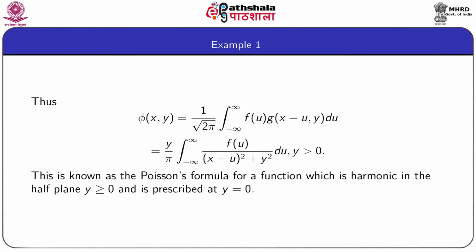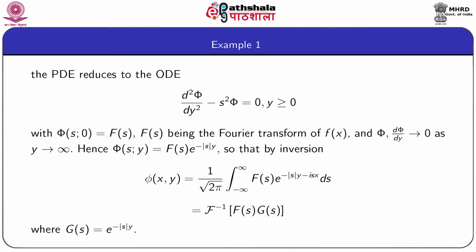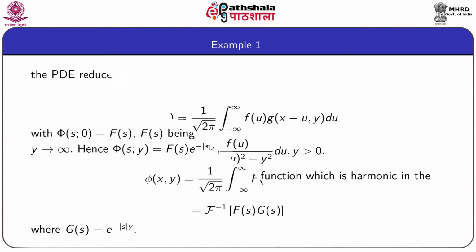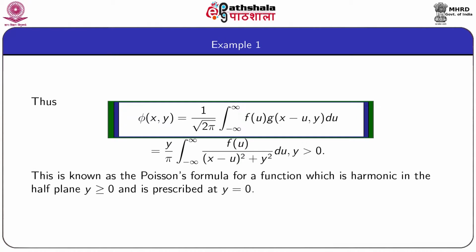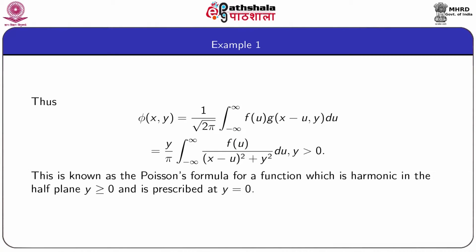Thus, phi(x, y) we can find out as the Fourier inversion of capital F(s) into capital G(s). So, capital F(s) is the Fourier transform of small f(x) and capital G(s) is the Fourier transform of small g(x). So, to find out the inversion, that is to find out small phi, we use the convolution theorem to write